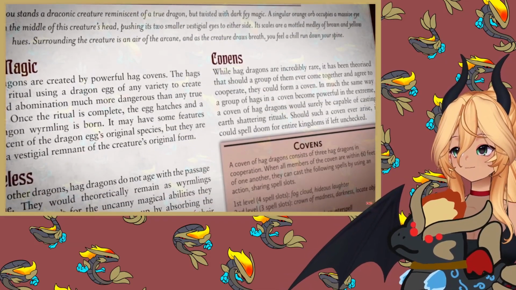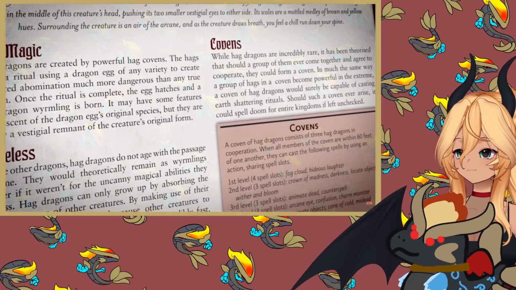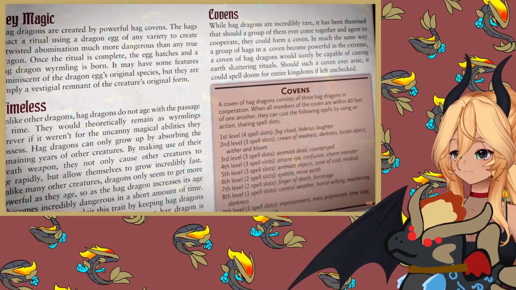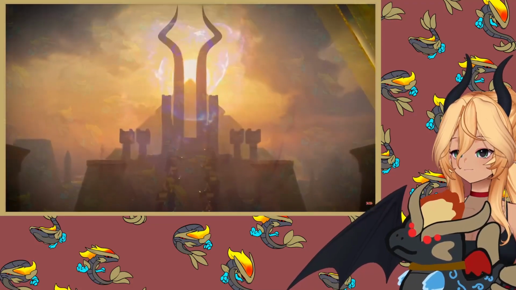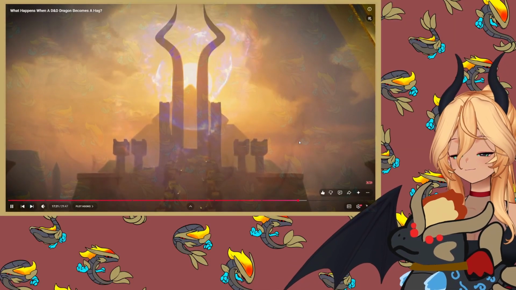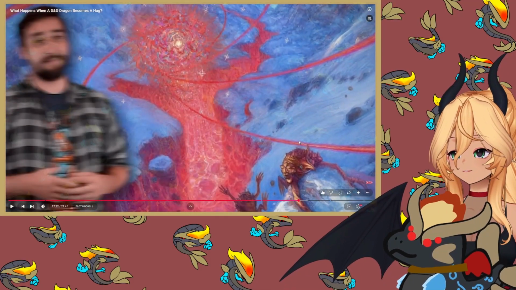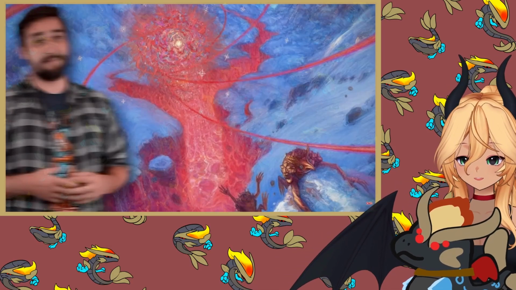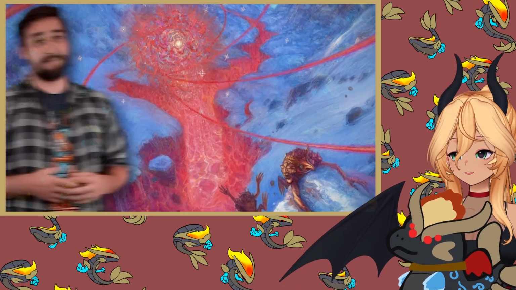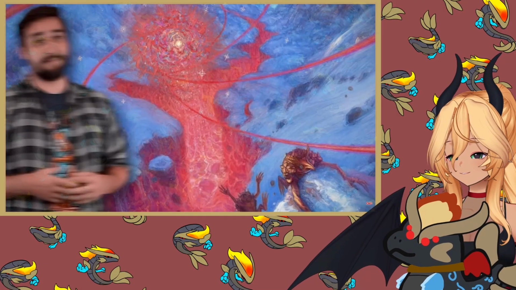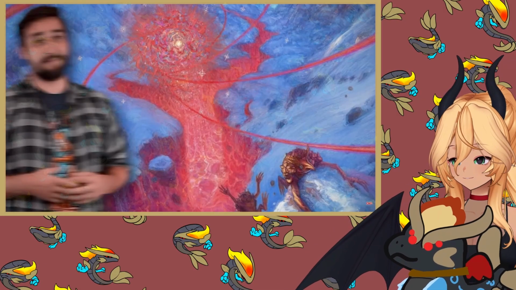You don't have to imagine it, because on the Hag Dragon stat sheet there are rules for what kind of spells the Hag Dragon Coven might gain access to if they manage to work together. And fair warning, they're obscenely powerful. But mechanics aside, just think of what kind of earth-shattering rituals a coven of Hag Dragons might be able to cast. I mean, that would make sense though, right? If a regular coven is already powerful, a hag dragon coven would be absurdly powerful.